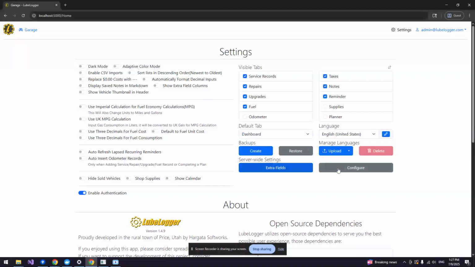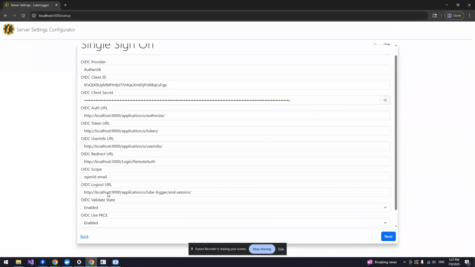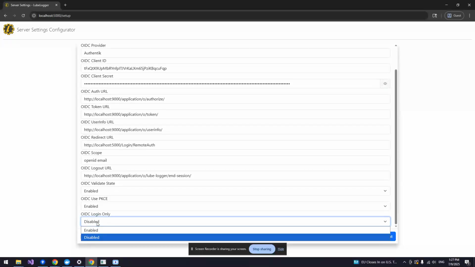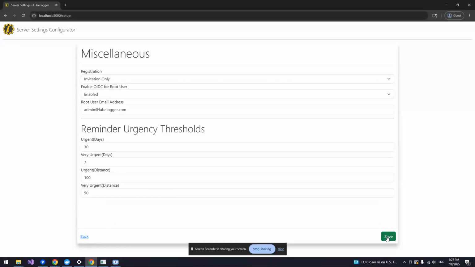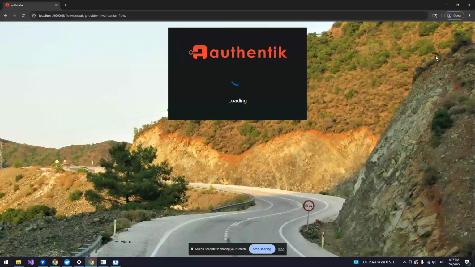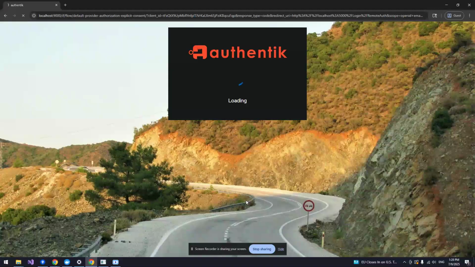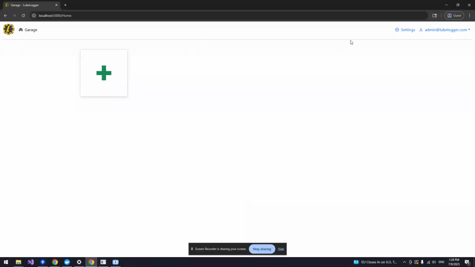If I wanted to enable a single sign-on login only, so automatically kick that on, I will click enable here, click next, click save, return to garage, and click logout. And now my logout URL will work. So I can have the option to log out of Authentik or log back into LubeLogger, and that will kick off the flow again. So yeah,